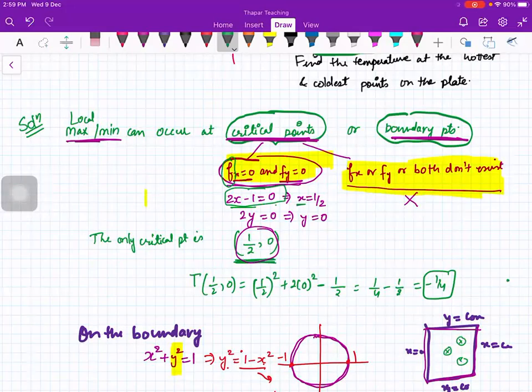Those points will be considered for critical points, but it cannot be the case that your function is not differentiable at all in your region. It will happen that only at 1 or 2 points your function is not differentiable. Is that thing clear, beta? Yes.